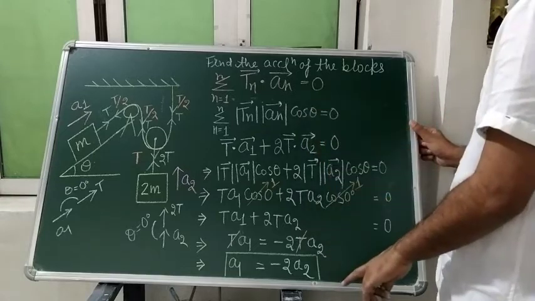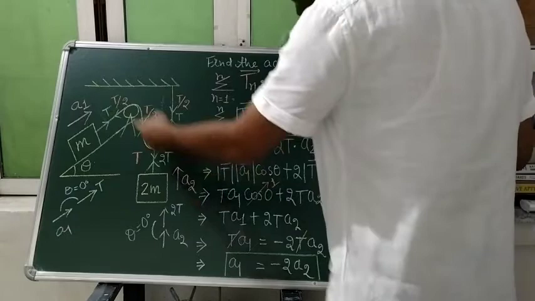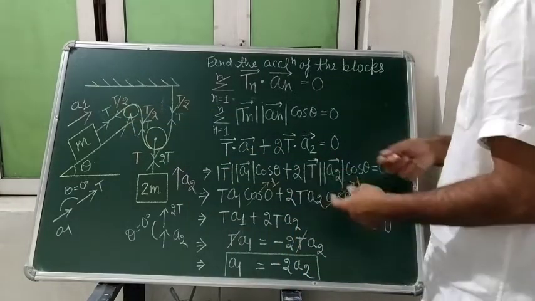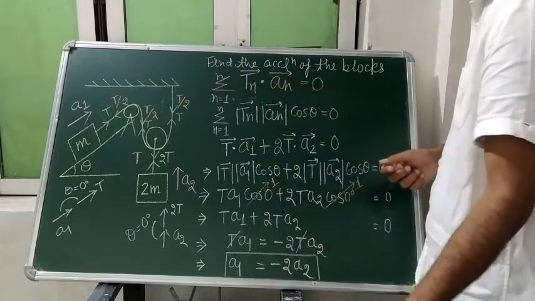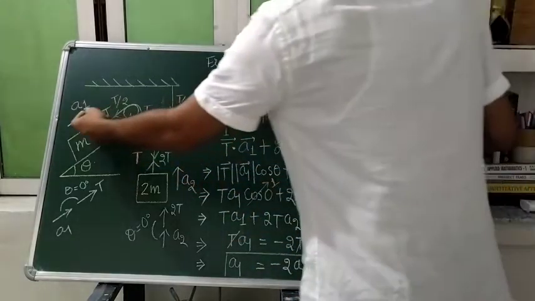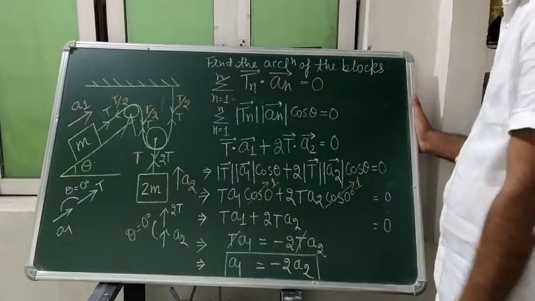Same direction. Isn't this minus sign telling us that if you have selected like this, the relation is something different, there should be some other relation. Meaning that a negative sign is saying to you that if it is accelerating in this direction, it should also accelerate in this direction.